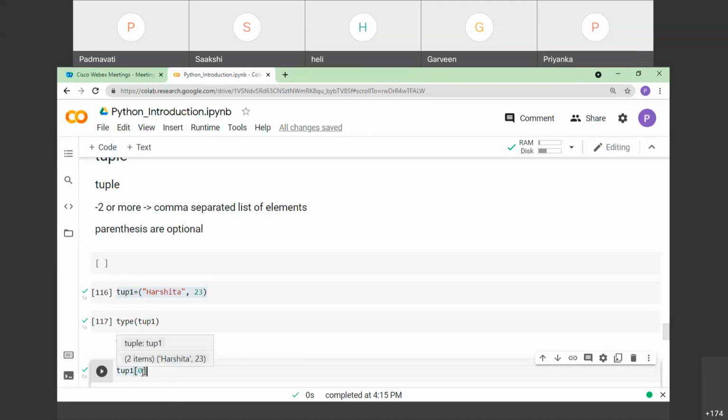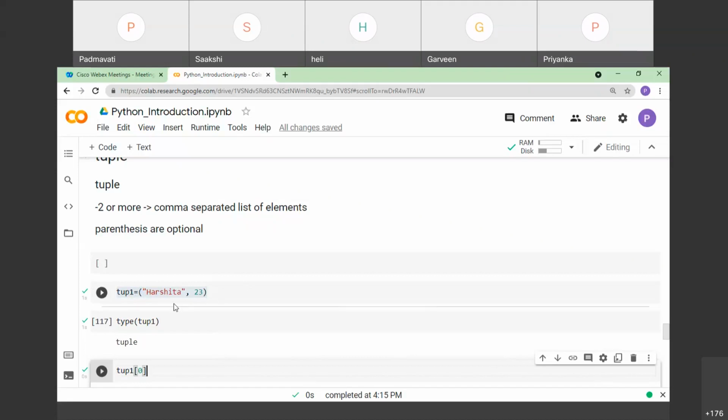Like arrays, which start indexing with 0, a tuple also starts its indexing from 0. So it is 0 to n minus 1 for n number of elements, right? Whichever element you want to access, you need to give that element's index.